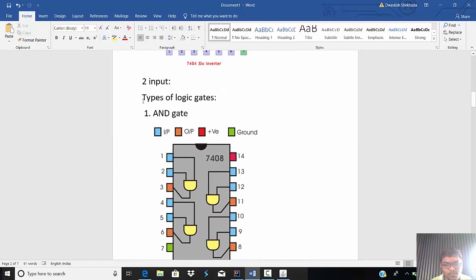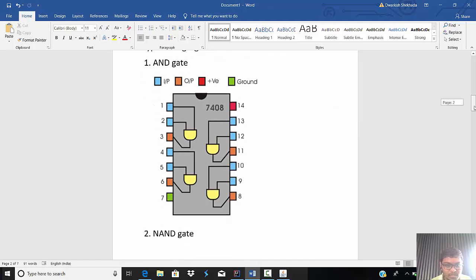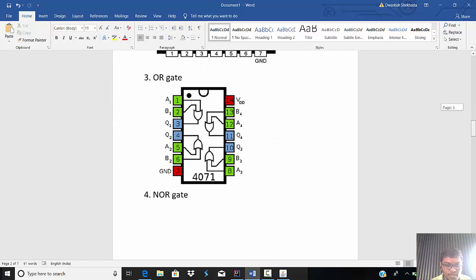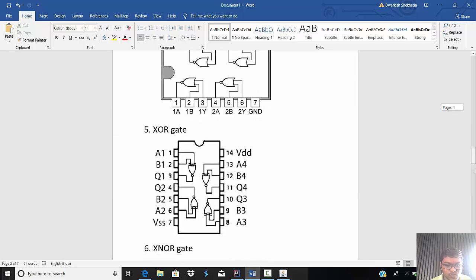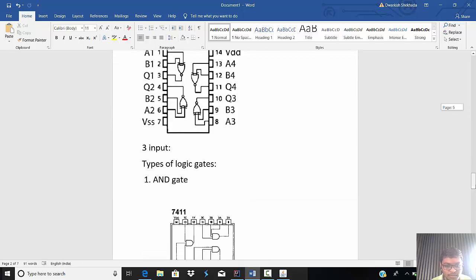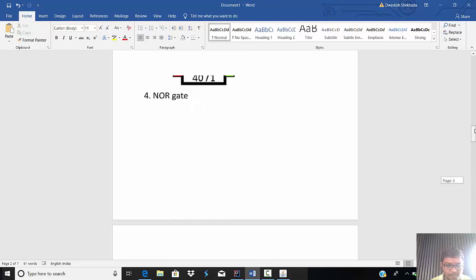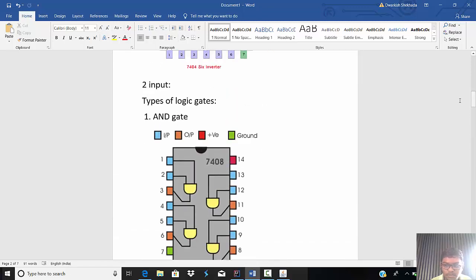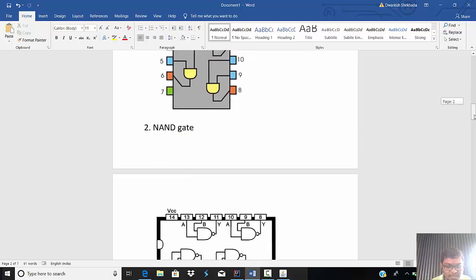Then the two input type of logic gates are six gates: AND gate, NAND gate, OR gate, NOR gate, XOR gate, and XNOR gate, only six gates. This is a two input AND gate IC.